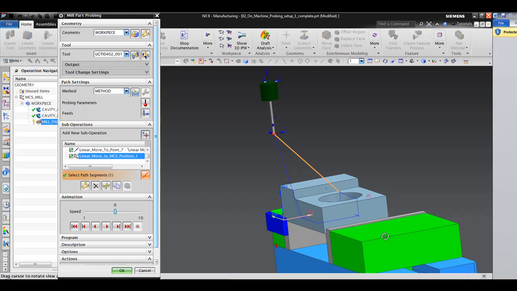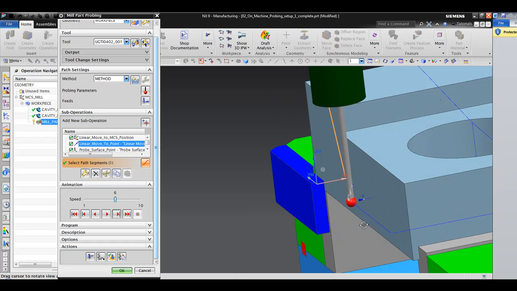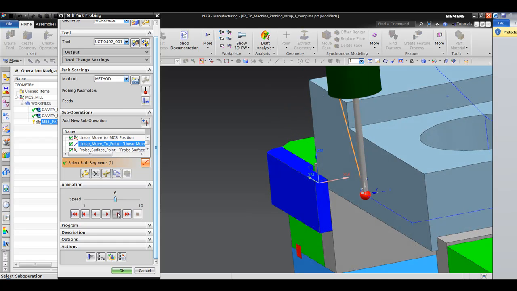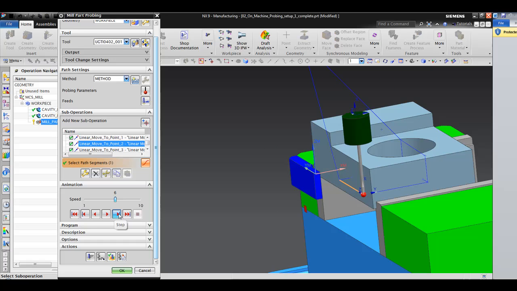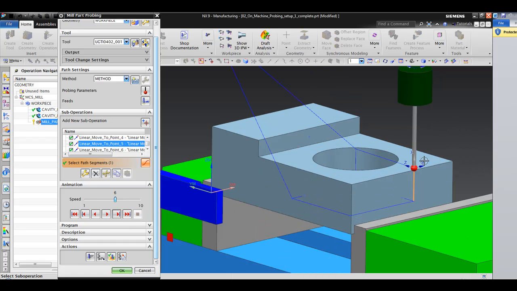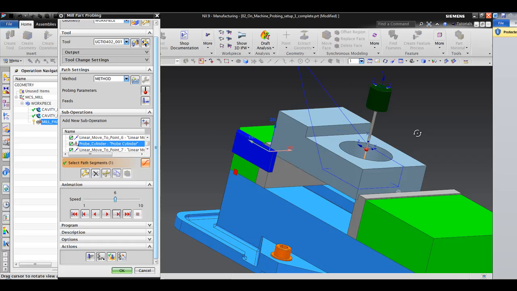Okay, so these are moves here for us. So rewind it. It does a positioning move here, probes on the side, positions over here in Y, positions in X, probes in Z, probes up, positions in Y. Then it's going to call the Renishaw probing cycle. Okay, off the top of my head, I don't know what that is for a cylinder,